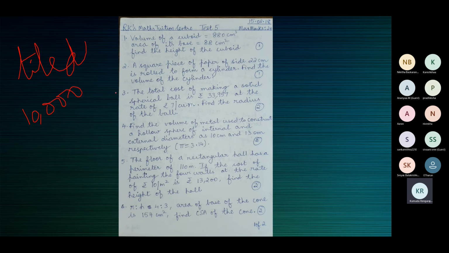The person who has come to lay the tiles charges you at the rate of, let me say, 200 rupees per meter square. This is how they'll charge you per meter square. Just for example, this is pretty big, so let's say some hall. The floor of a hall has to be tiled up.